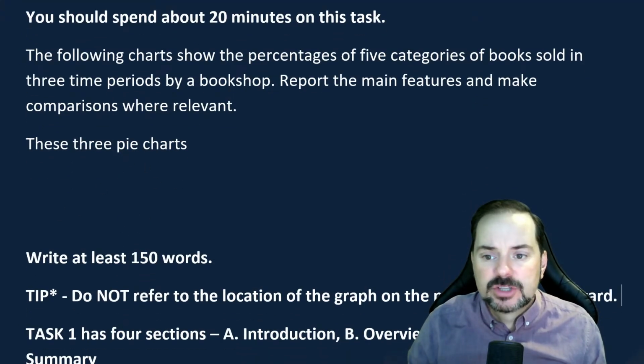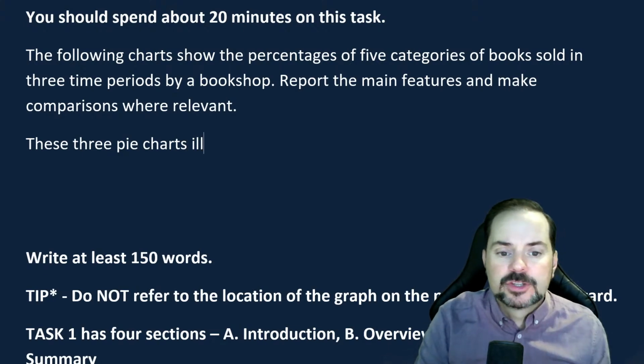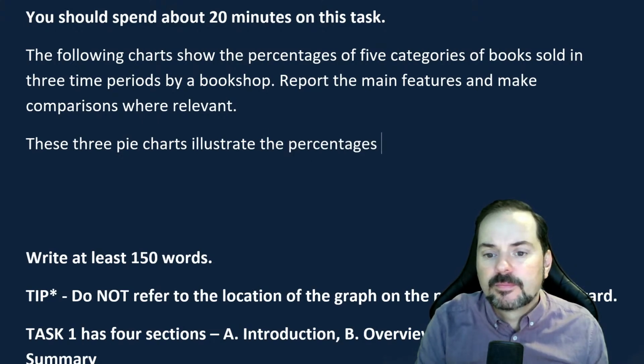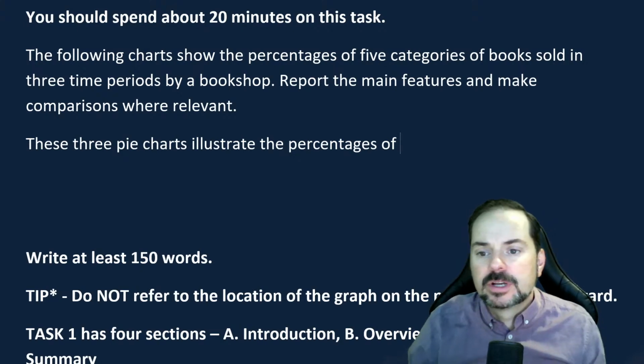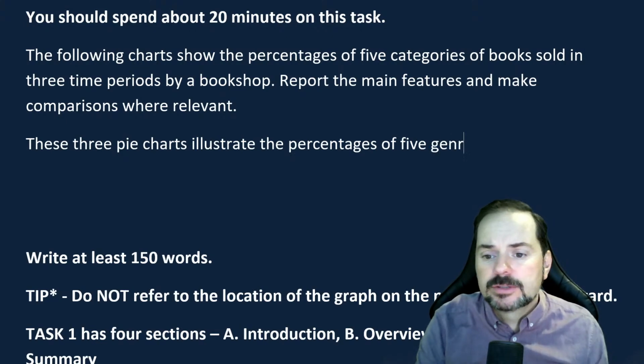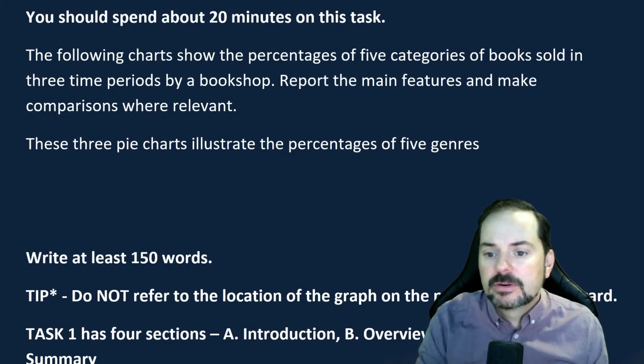Illustrate instead of show the percentages of 5 categories of books. Instead of categories, I can use the word genres. Genre is a category, and it's maybe even better than category. 5 genres of books,